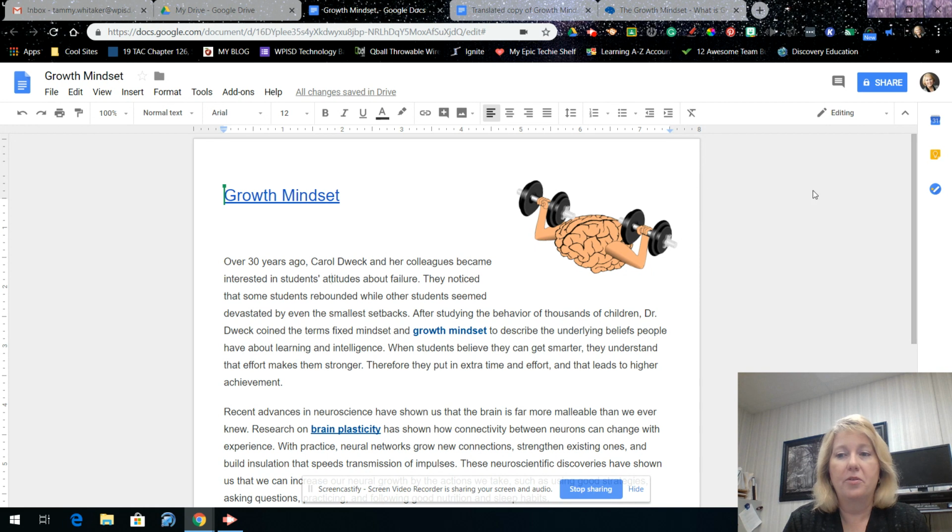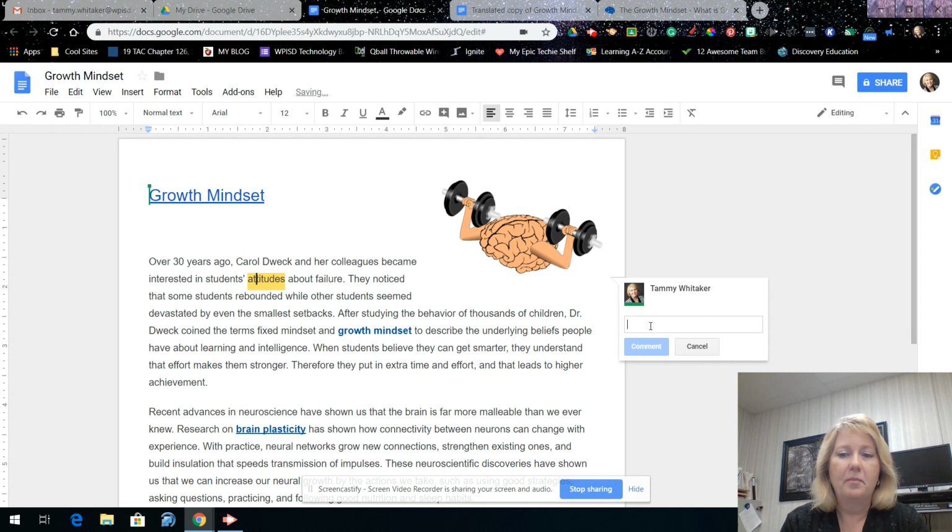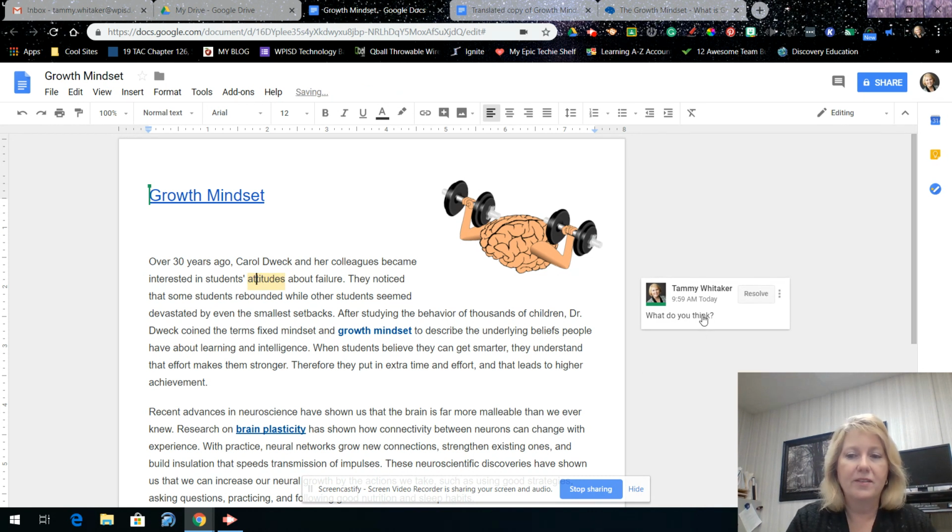And there's a couple of other things that I haven't even mentioned, like comments. You can open up a comment if you're collaborating with somebody and ask, what do you think? And hit that comment, and you've got this comment out here. You can mark as resolved, and it's gone, or you can have that conversation with the other collaborators in your